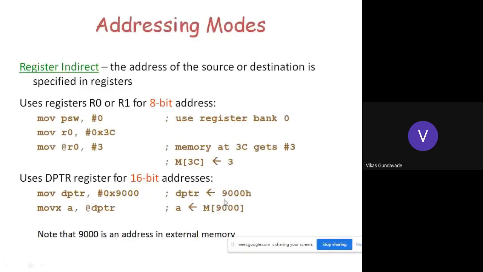Okay. Now from the address location 9000, whatever value we need to access from that memory location is transferred into the accumulator by mentioning the data pointer as a pointer. So @DPTR means here the data pointer will work as the pointer. For 8-bit data transfer, the two pointers used are R0 and R1, and to point to a 16-bit address location, the pointer used is the data pointer. Okay, is it clear to everyone?